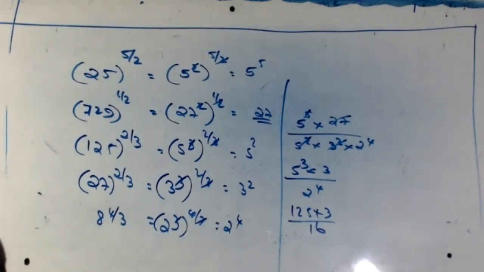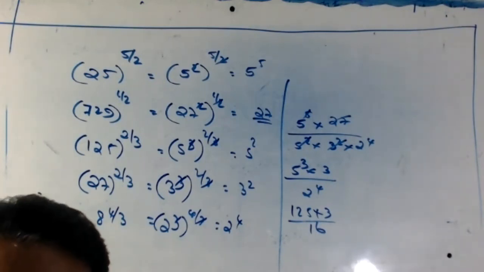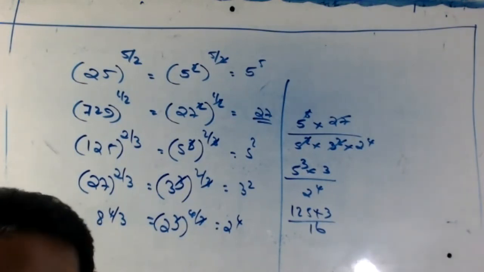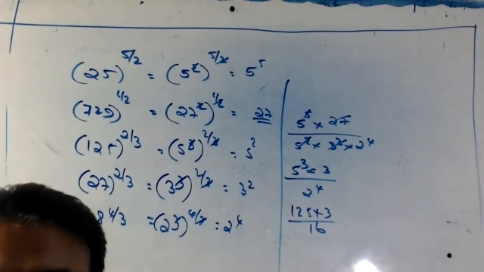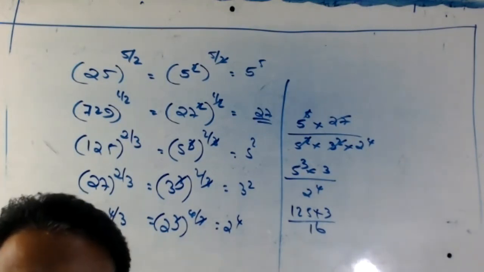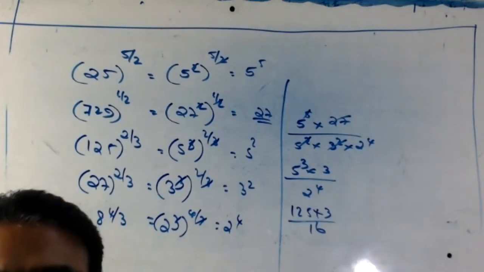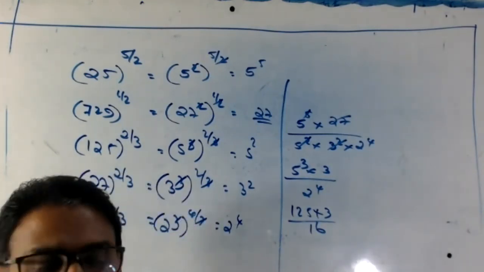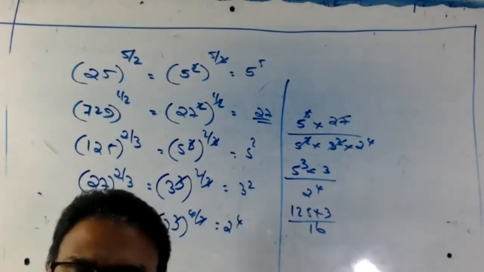Don't ask me such a question as whether sir can write 2 square equal to 4. It is like KG students asking, sir, can I go to the washroom? Okay, go. Why ask? You will be smart, potential students. You decide it. 3 cube equal to 27, everybody knows.